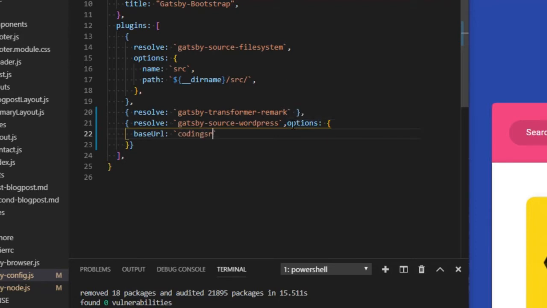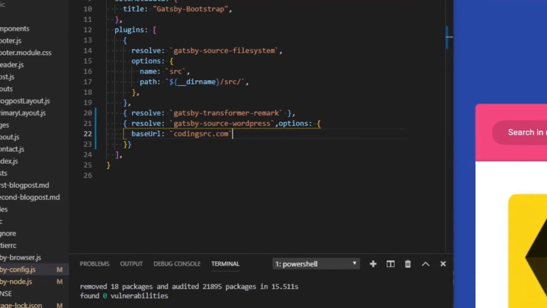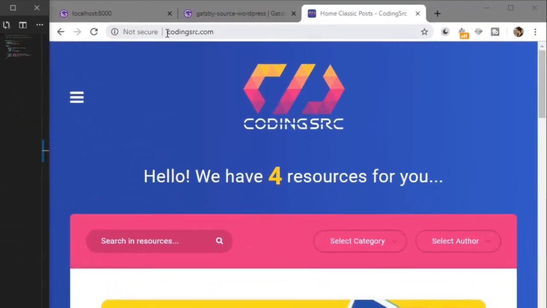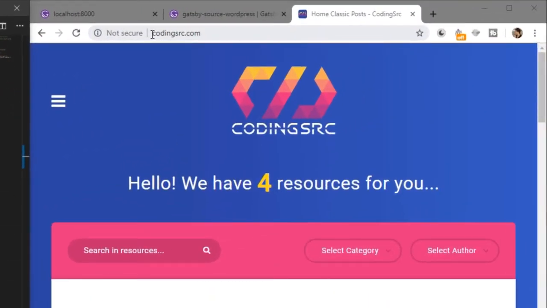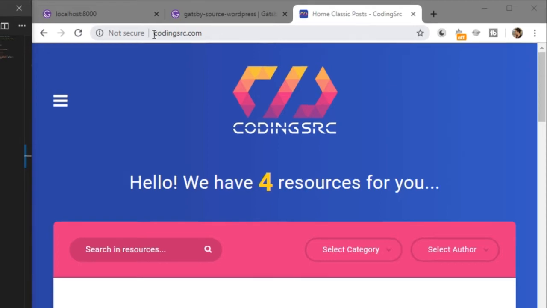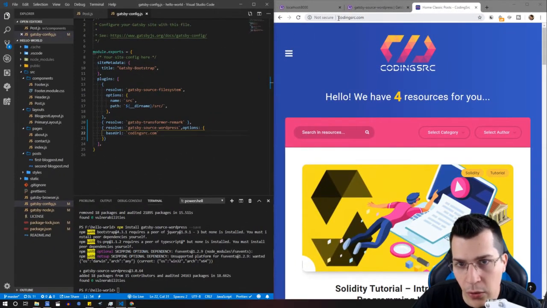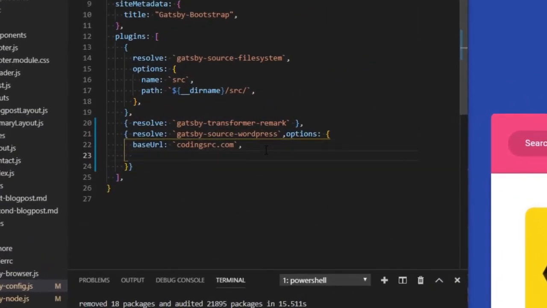So, codingsrc.com. Now we would need to also provide the protocol that we're using. Currently we're not using HTTPS. However, if you try to use HTTPS, make sure it's not a self-signed certificate. Otherwise you're going to have some issues while compiling your Gatsby.js project. So now let's provide the protocol to be